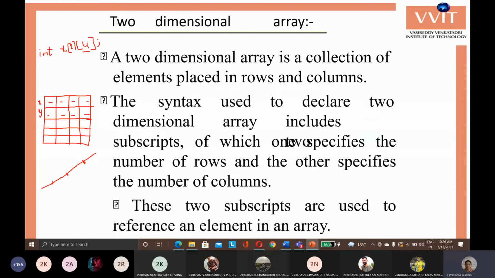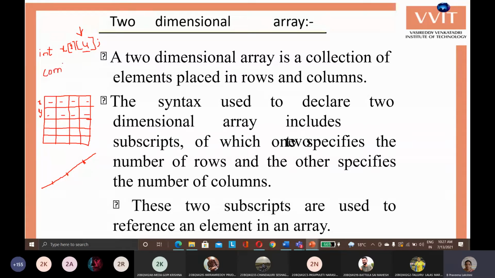Whenever you are creating a two-dimensional array, the elements are stored within the column indexes. So the number of elements is related to the columns, not related to the rows. This two-dimensional array can also be called a combination of one-dimensional arrays.